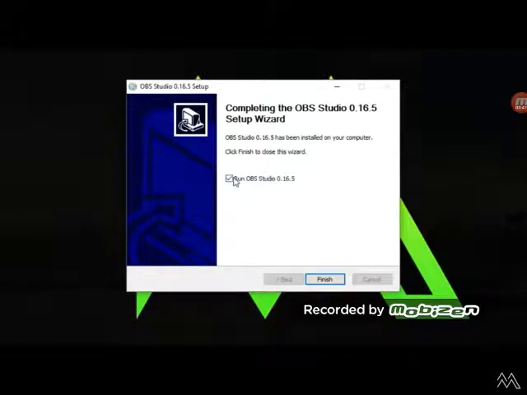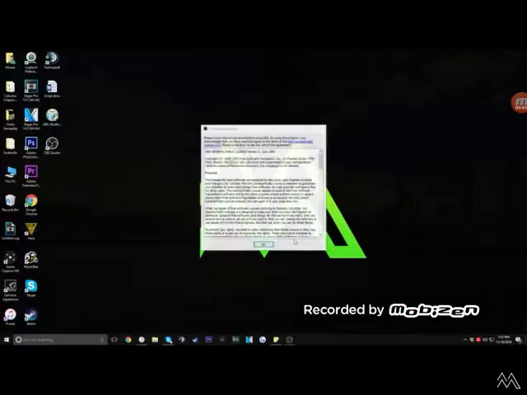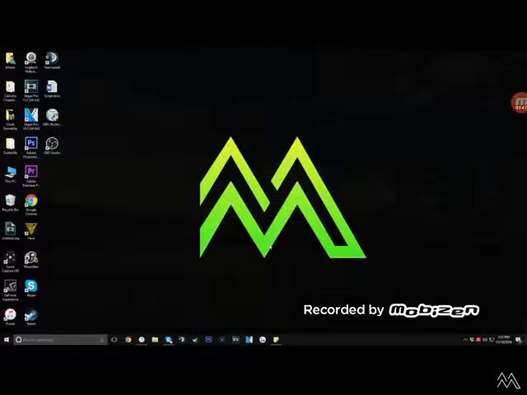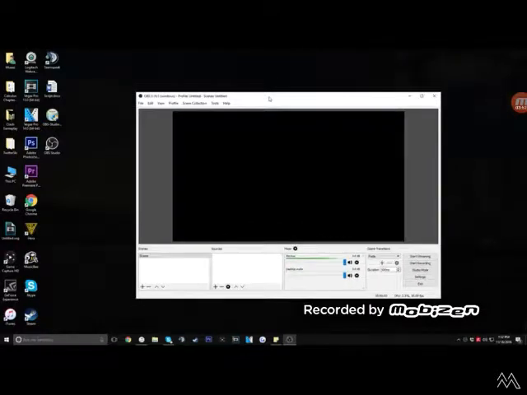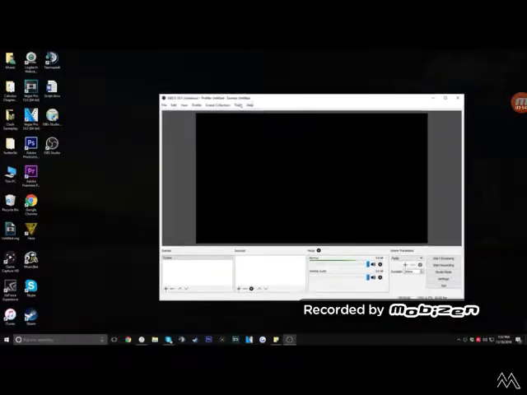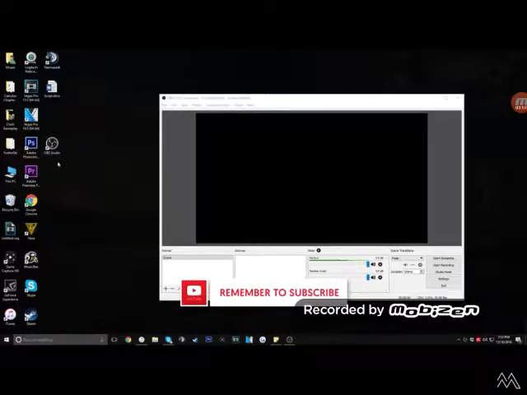And so once you're actually done with this, just go ahead and make sure this little box is checked, click on finish, go ahead and click on OK, and from here you're going to actually see OBS pop up on your screen. And so now you actually have some new little interface here, but before you actually start messing around with this, I just want to say it's okay if you want to actually uninstall or basically recycle the installer